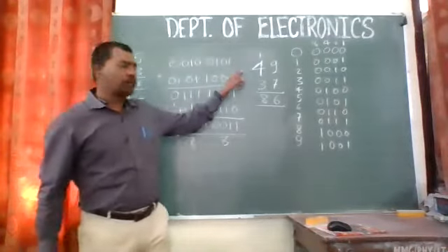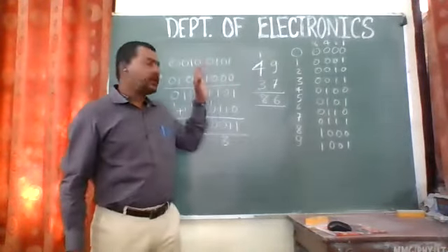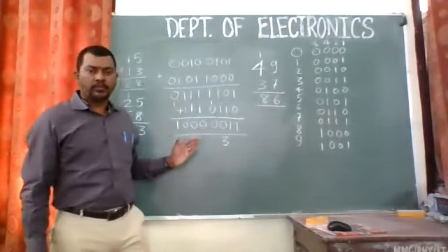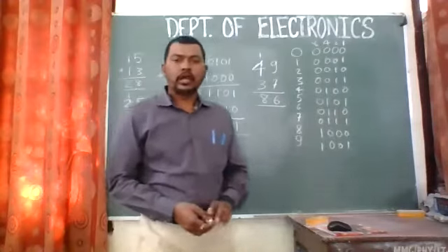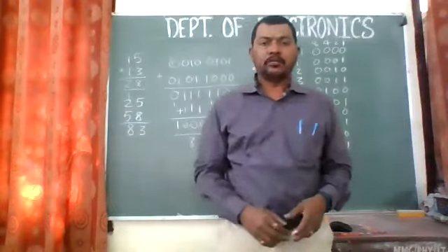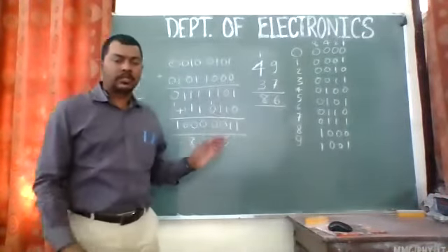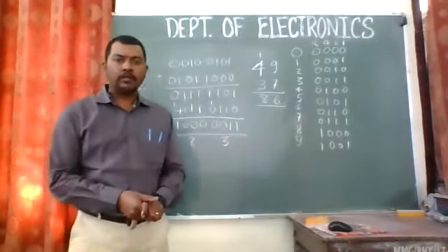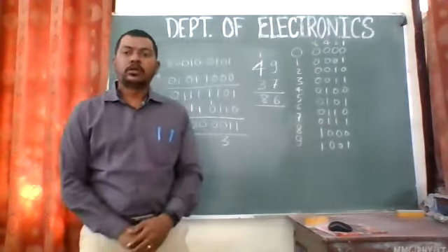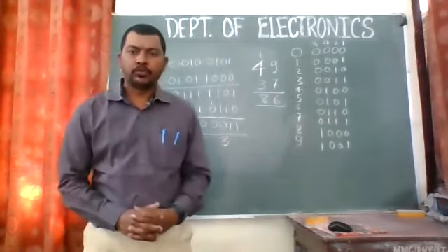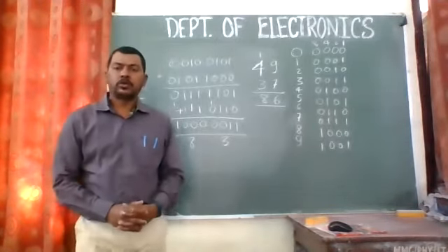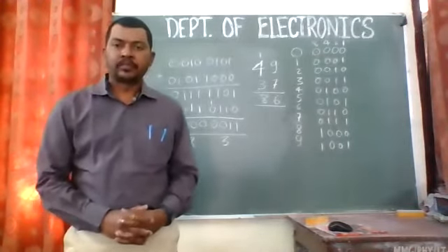Right? So go through these two numbers 49 and 37. Try using this 8421 code and try to solve it. Right? So I guess this is enough for today. We'll continue in the next class. We'll try this example and we'll also try to solve this example in the next class. By that time, if you have any queries, you can ask me on this chat box, or you can unmute yourself and please let me know if you have not understood anything. I'll be pleased to resolve your questions.